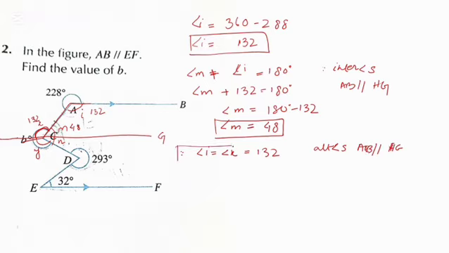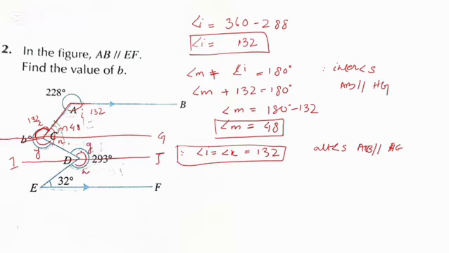Now, they have given us another angle at a point, that is 293. We have to draw another line parallel to EF at point D. Let me name it IJ. Since it is splitting this 293 degree angle, let us name these two angles also. Let's say G